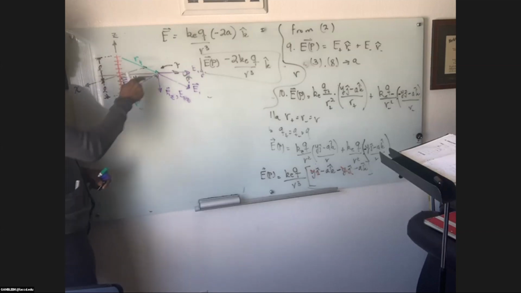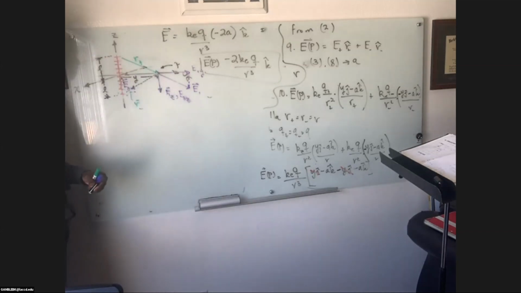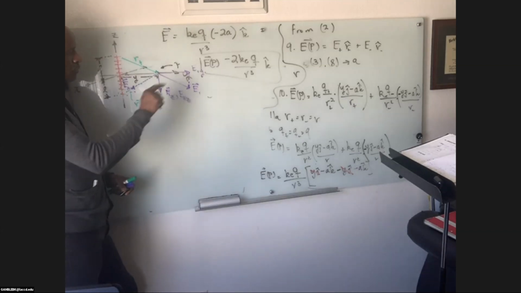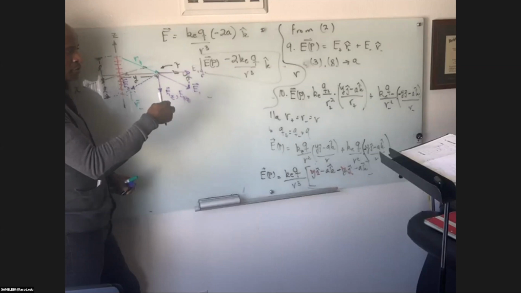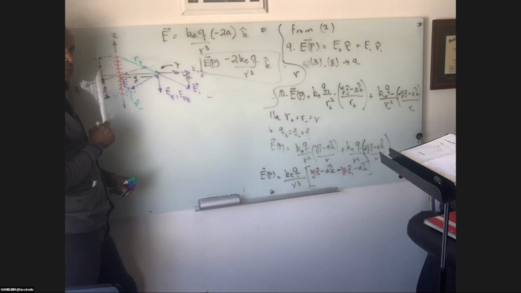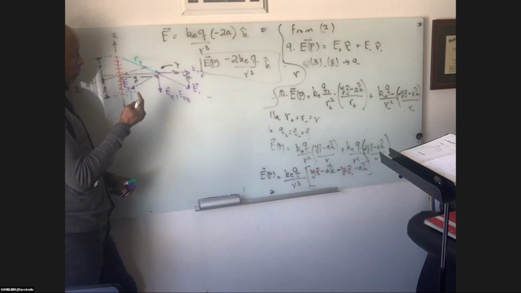I wanted to find the electric field at point P. Basically, I would have to do what I just did, but as opposed to doing it with two terms, I'm going to have all the individual terms of the charges that I have set up here. And also, unlike the dipole,